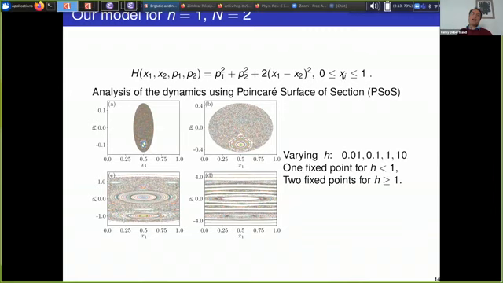And for example, at each well, the position has to be between 0 and 1. And for such a low dimensional phase space, a very powerful way to analyze the dynamics is to use what is called the Poincaré surface of section, which is a way to have a stroboscopic view on the